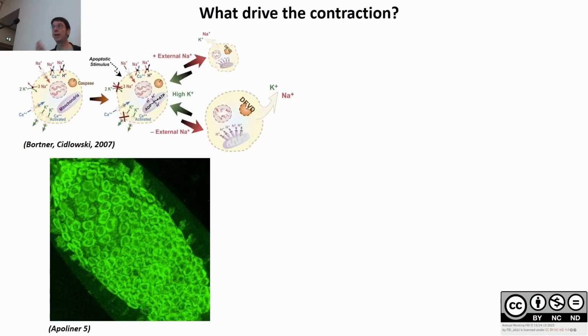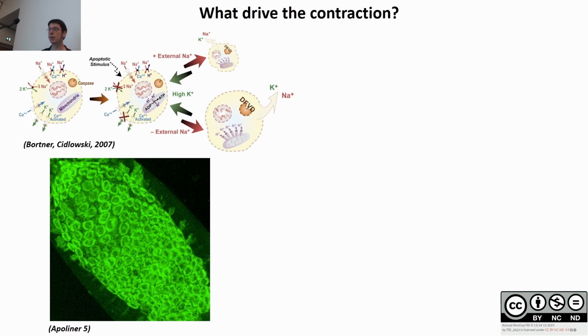There is one process that has been known for a very long time, in which cells shrink, and this is apoptosis. When you have apoptosis, you have ion fluxes, and the cell volume shrinks in order to dismantle the cell, so that the different parts of the cell can be engulfed by macrophages. We knew that this tissue is apoptotic, but we didn't know when apoptosis was triggered.